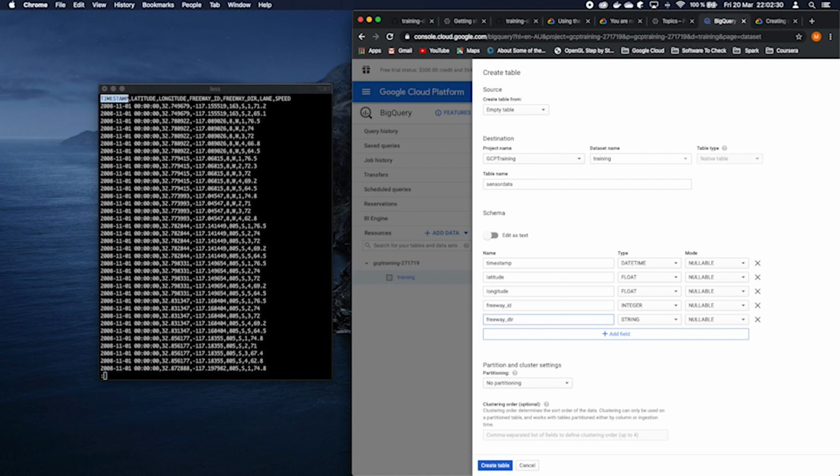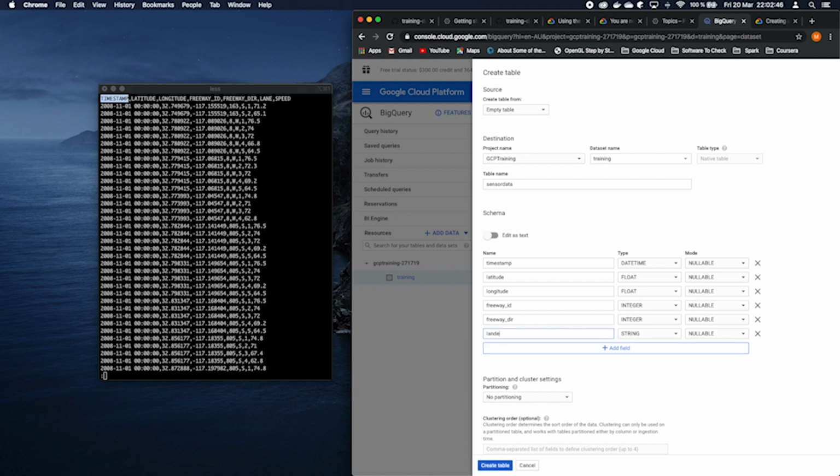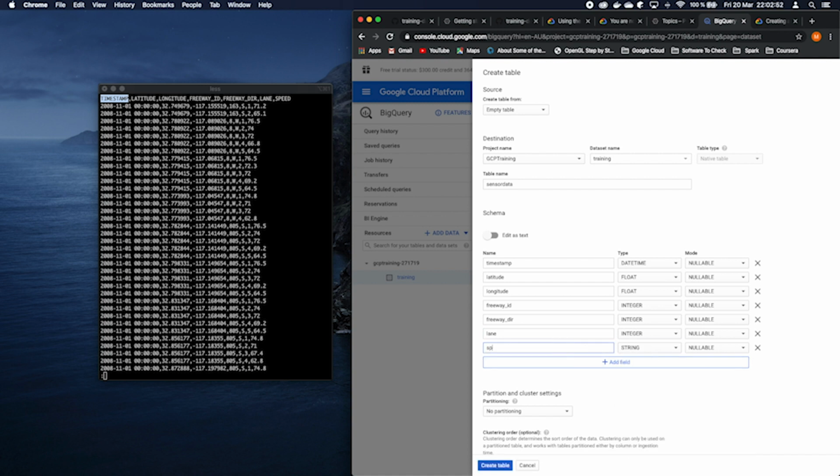So the pipeline will take our message, match it with the table data, and do the insert. So be aware to copy these fields very carefully, and speed, which is float.